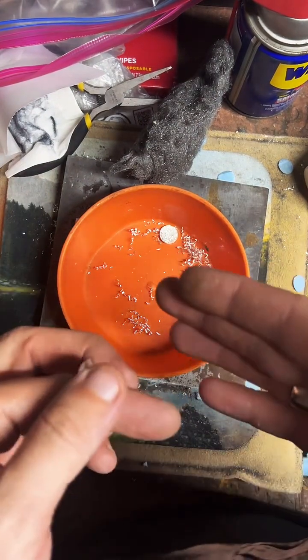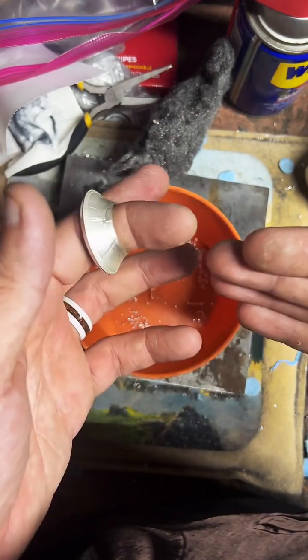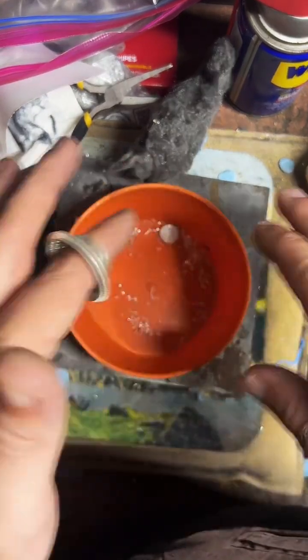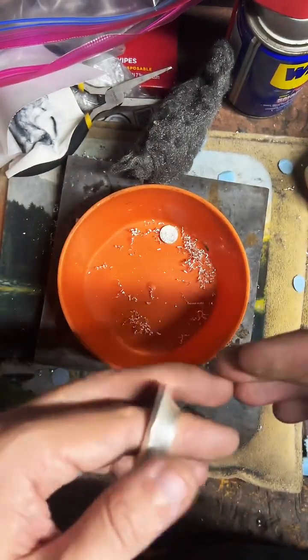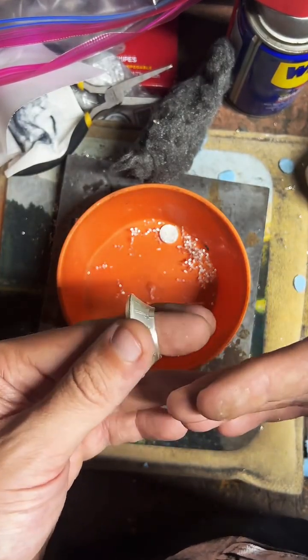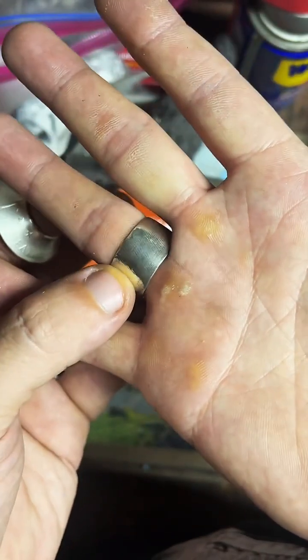So right now, I have quite a few 1964 quarters in stock. I'm not accepting customer coin, like custom orders at this time. There's just a lot logistically that makes that more difficult than working on coins I already have in stock. Mostly in case something like this happens where the coin gets